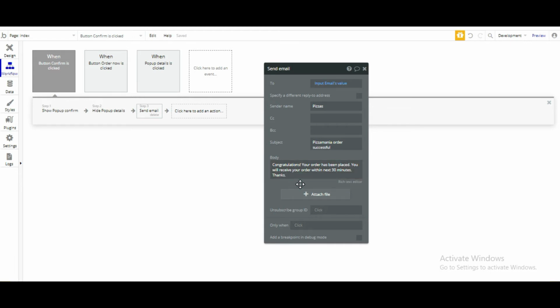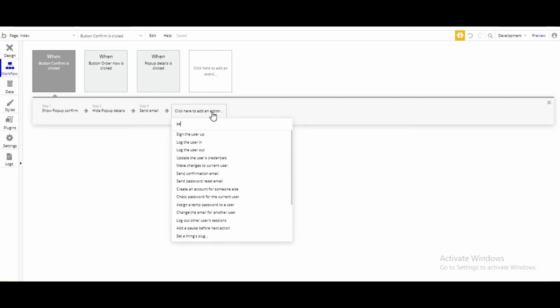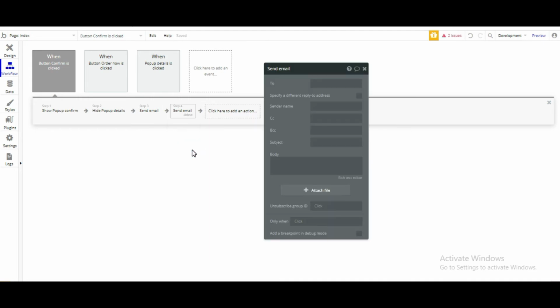So that's it. Now by doing this, it will send the message to the user after he orders something from our website. Now we also want to receive an email on our ID whenever someone orders so that we can prepare their order and deliver it to their address. So let's just add one more action of send email. And now in this case we want to send the email or message to ourselves. So in 2 you can write your own email ID.